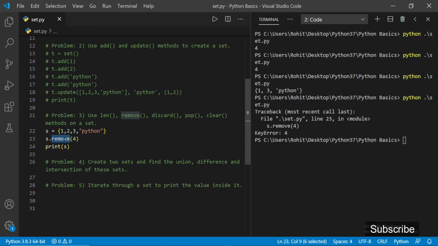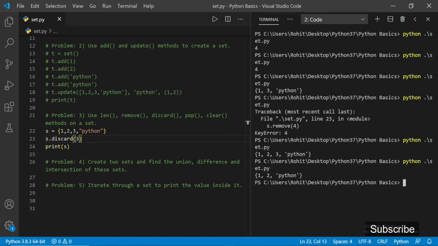If I write the discard method here, then we will not be getting an error. This method also removes an element. Suppose I want to remove 3, then we can write like this, and we will not be getting the 3 inside the set.